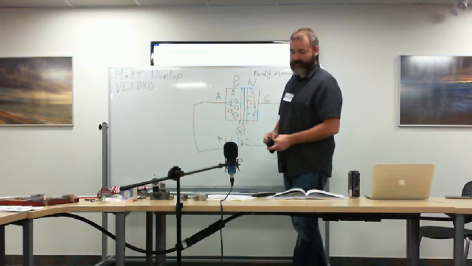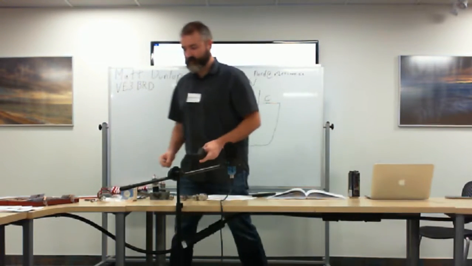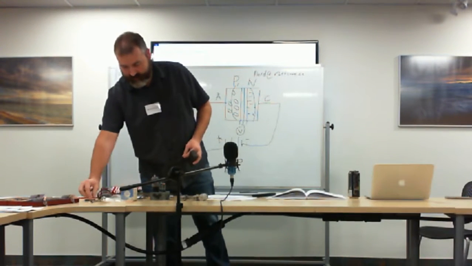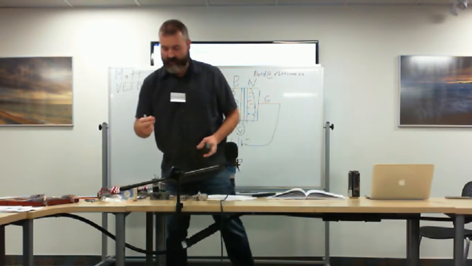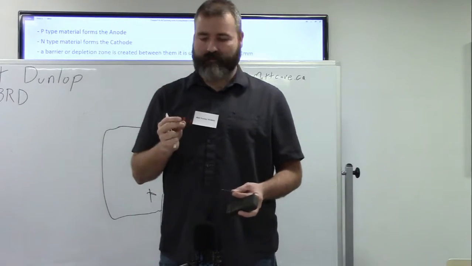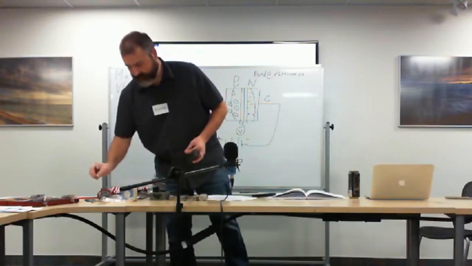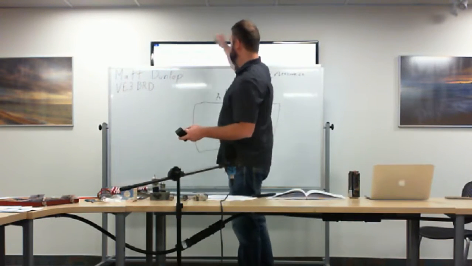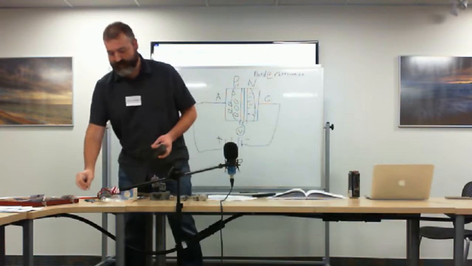Other types of diodes that you've seen frequently are LEDs, light emitting diodes. They function in the exact same way that a regular PN junction does, except when electrons are flowing through them, they generate light, which we can use to signify something, or we can have little LED displays, LED TVs. They're all diodes.